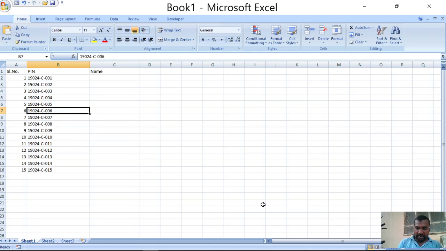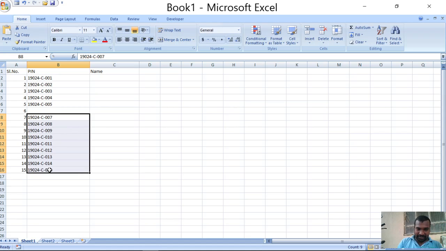For example, if we don't have number 6, we won't keep this particular cell blank. We need to move 7 onto the place of this blank, right? For that purpose, we need to select all these cells, and all these cells are going to move one cell level up.